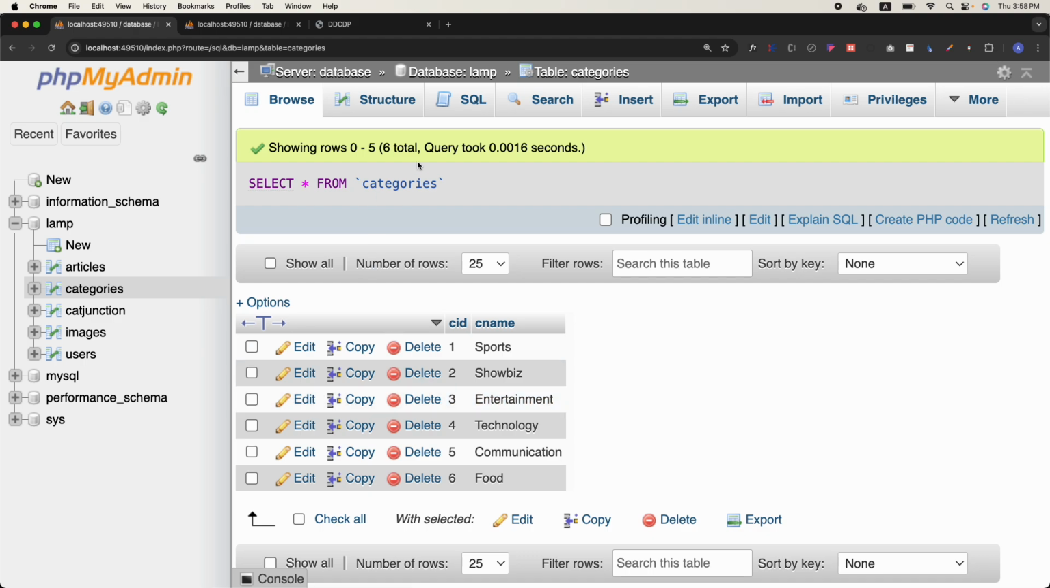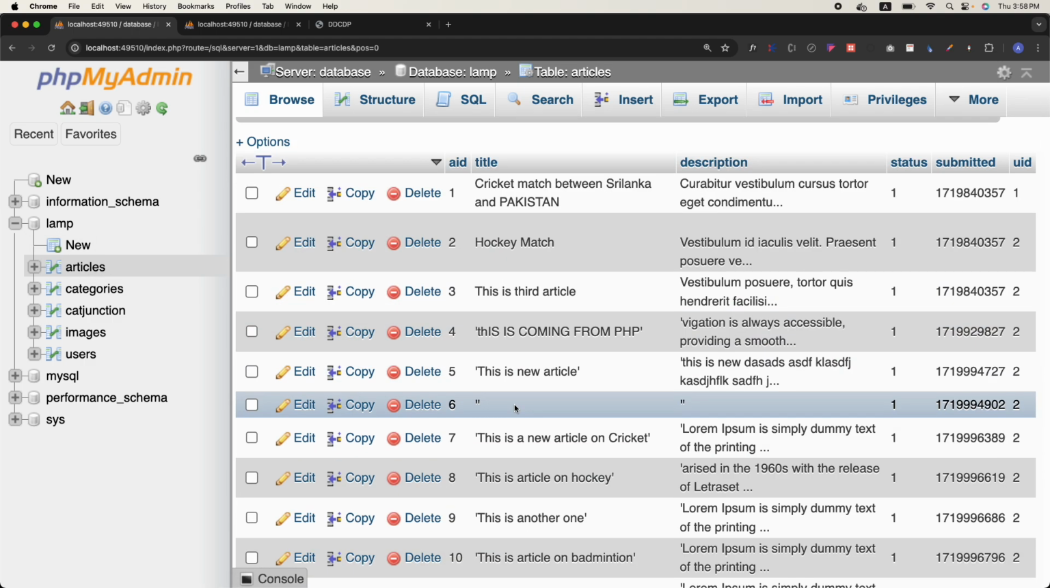So again you can see IDs are very important. For update queries you need to have an ID for the particular record that you need to change. For example, in articles, if I come here and I need to change this,